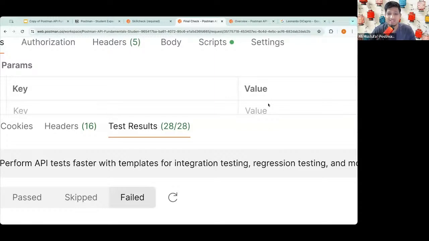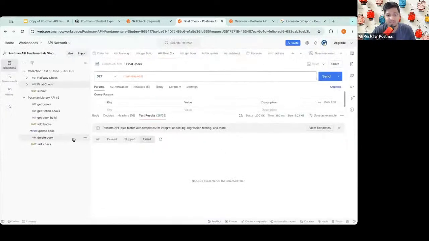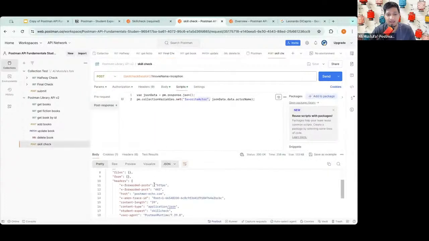What that means is basically that we all completed the course. Because we all did complete the course, I'm going to give you folks a congratulations. Confetti. Awesome. That's super awesome. Super congratulations if you got 28 out of 28. If you did not, it basically means that you made some mistakes, which you can definitely rectify later.